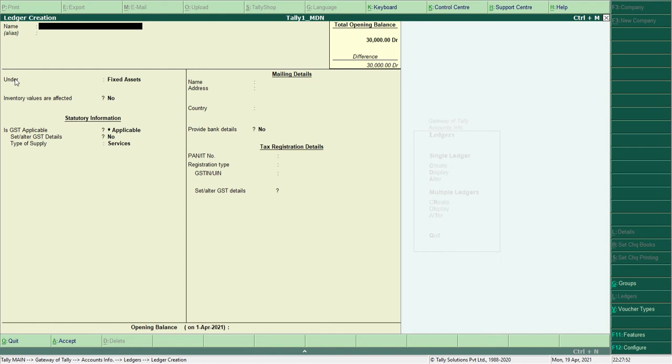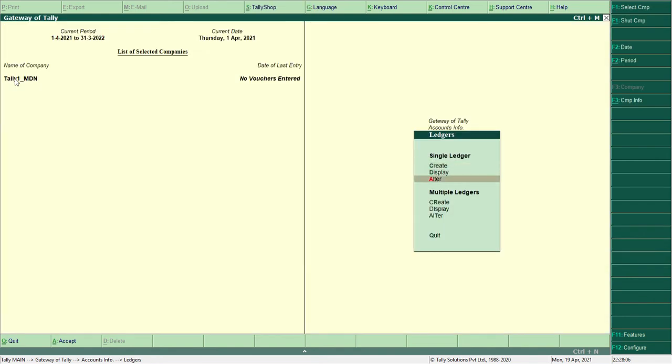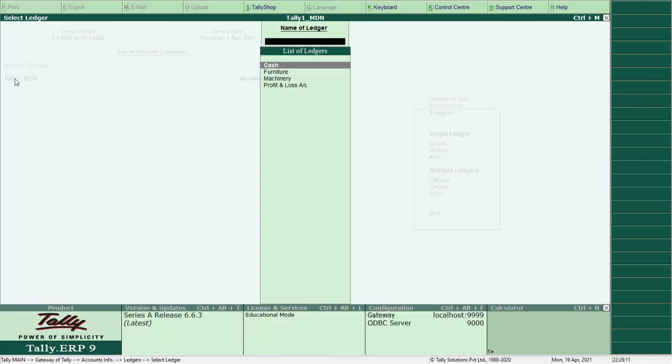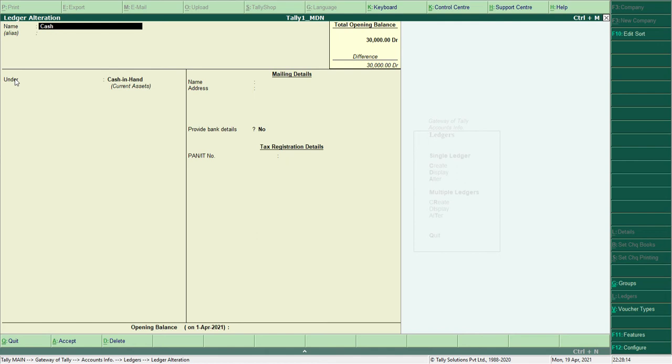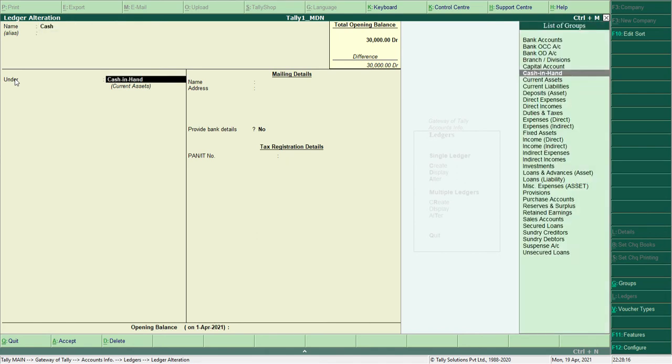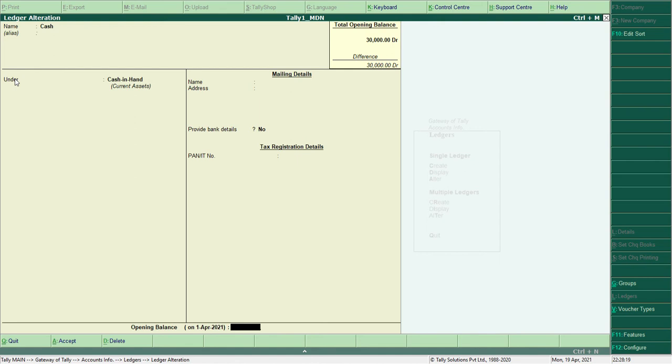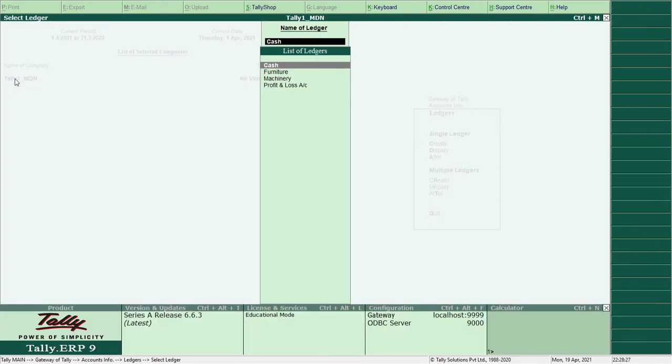Next, sundry debtors details are also given. I'll show you the party details. Next is cash in hand. Now cash in hand is already a ledger created in your account. So let me go back and press escape. I'll go to alter mode. Gateway of Tally, accounts info, single ledger, alter. Now under alter, cash. In the cash, it is already created. The account is cash in hand. Here we'll put the amount as whatever is given. It is 6,000. So I entered the amount. It is accepted.